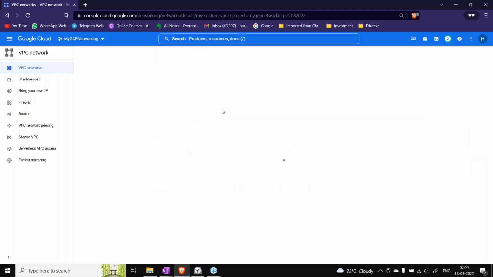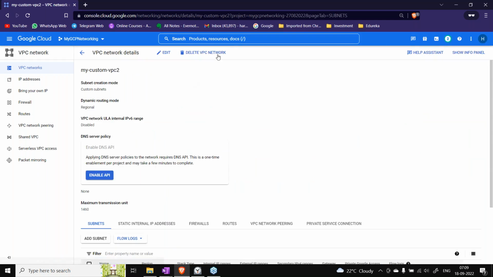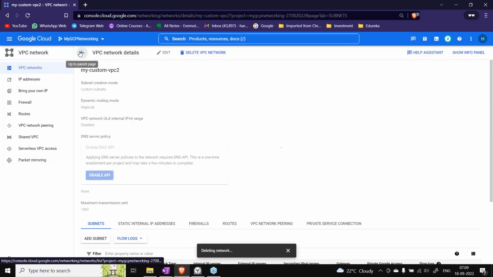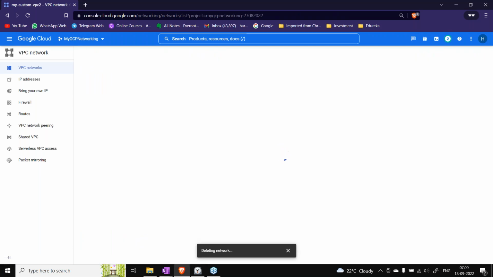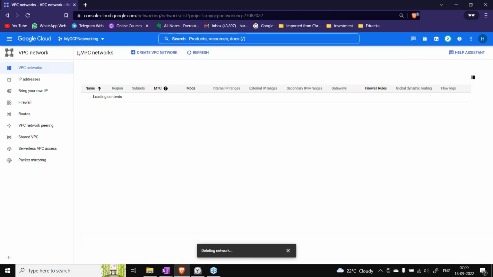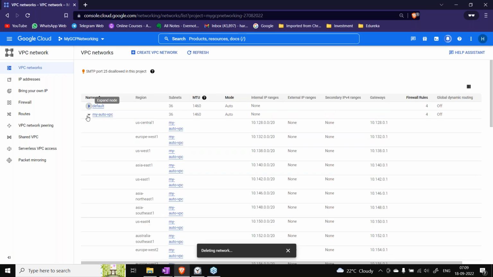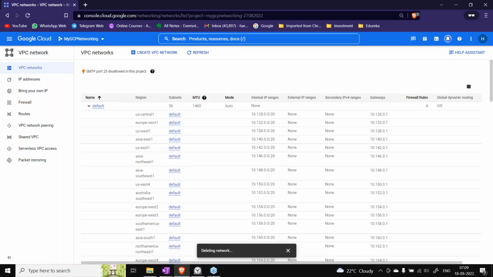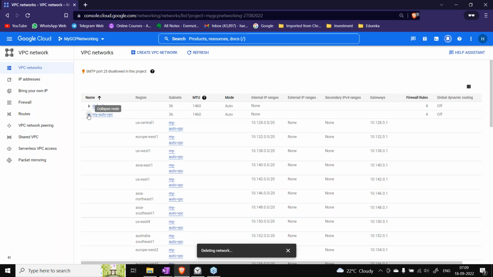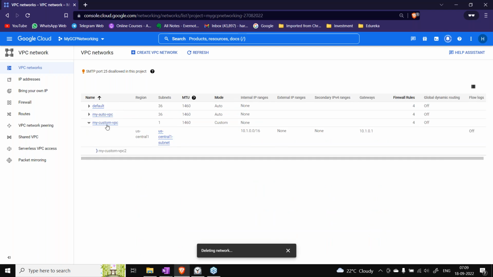I don't think VPC2 is needed, so let me delete that one just to avoid confusion. Now we have two VPCs. We will not be working with the default one. We have an auto VPC and we have a custom VPC. This has US Central1, and the auto VPC has all those subnets.